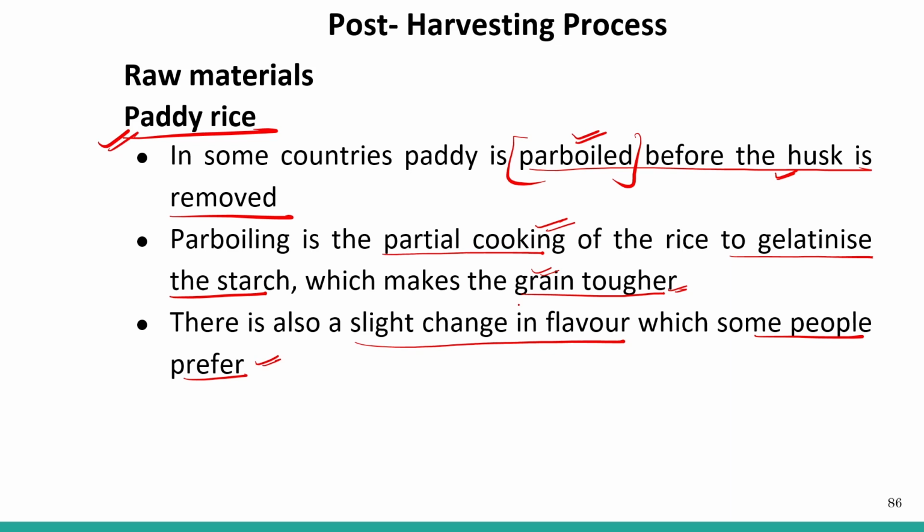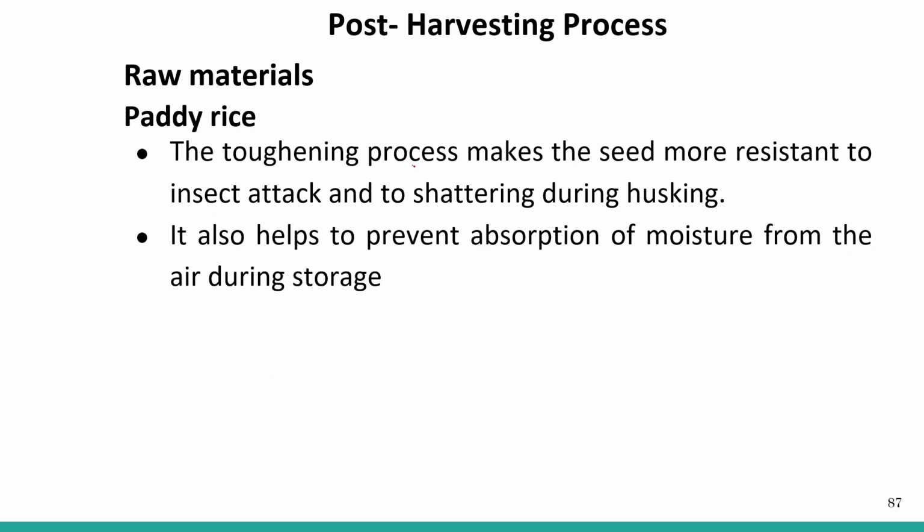So it also enhances the change in the flavor, and that is required by the people. Some people prefer that type of rice. The toughening process makes the seed more resistant to insect attack and to shattering during the husking. If the seed is more tough, then there is less chance of attack by insects, okay, and shattering during